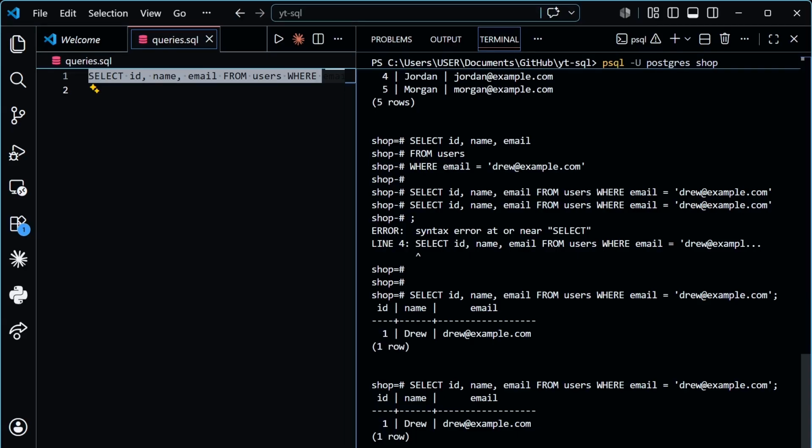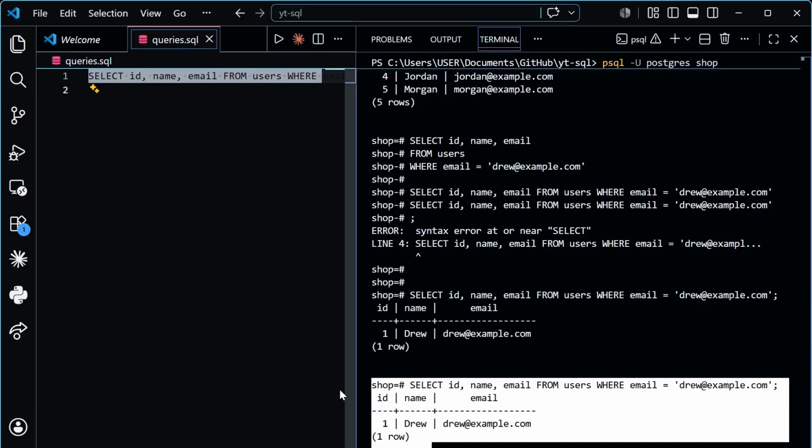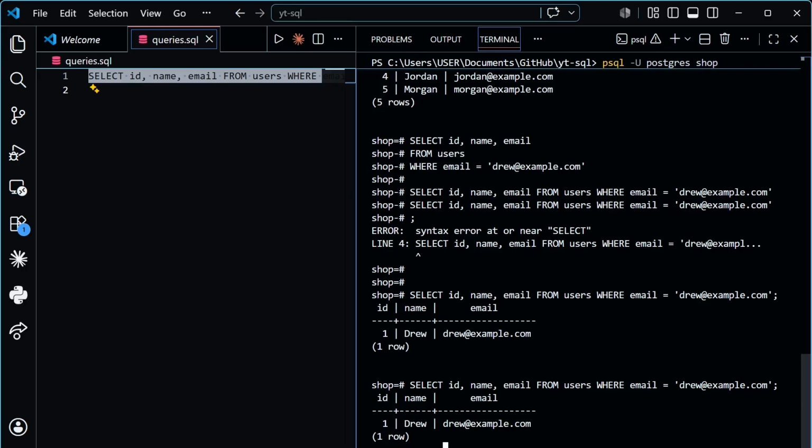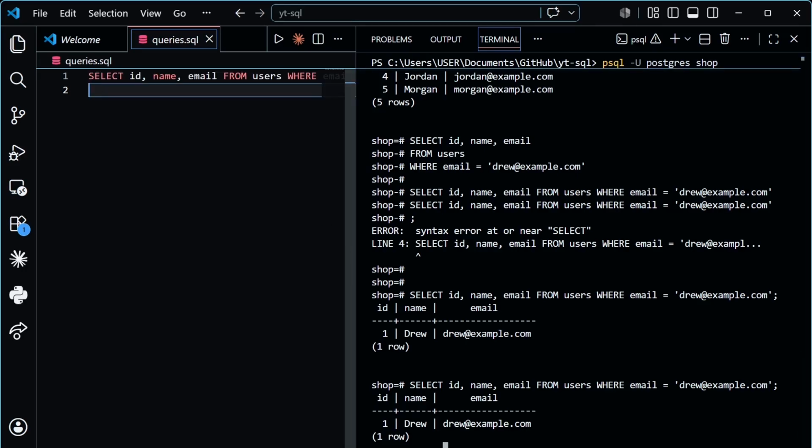So here we can see that yes, it's filtering and returning exactly the thing we wanted, right? So the next thing we want to do now is, so let's say,